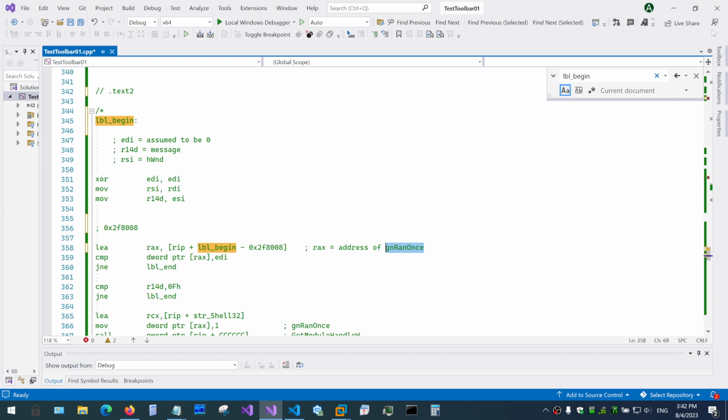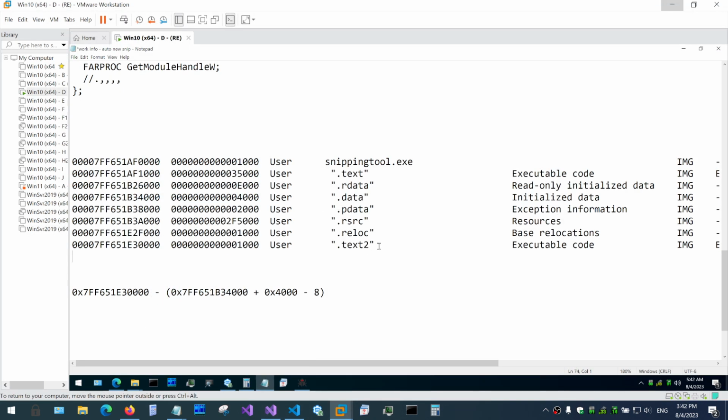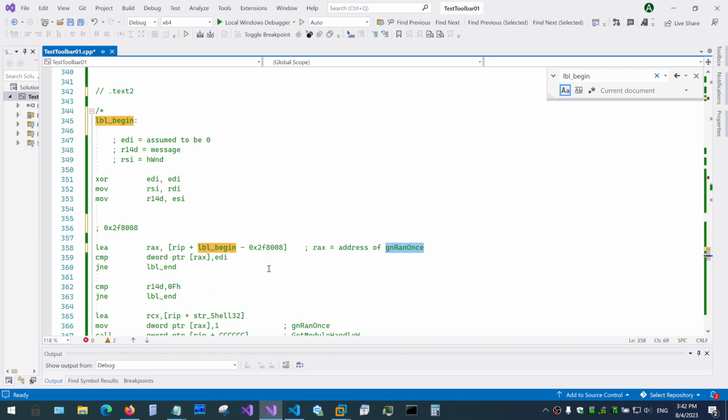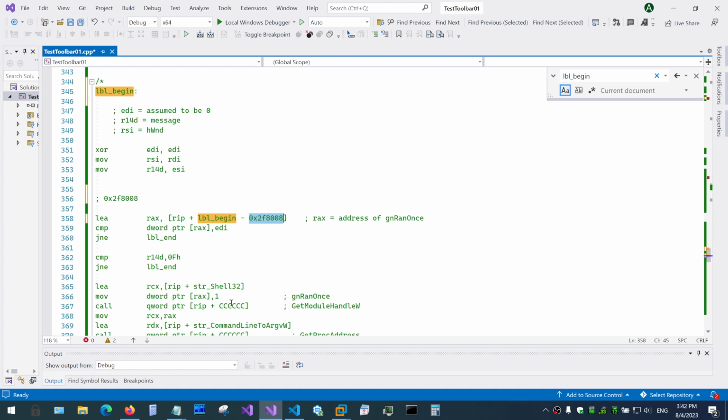The reason we subtract is that, if you look at the layout of our text section, the data section precedes it, so its address is less than the address of our text section. That is why we are subtract it here. Okay, so this will cover